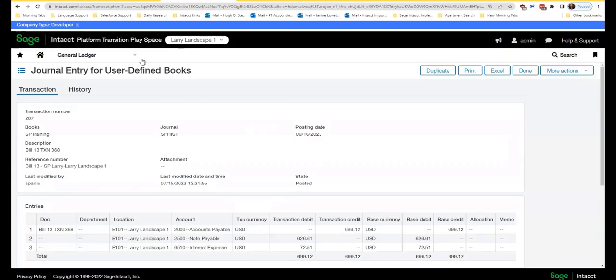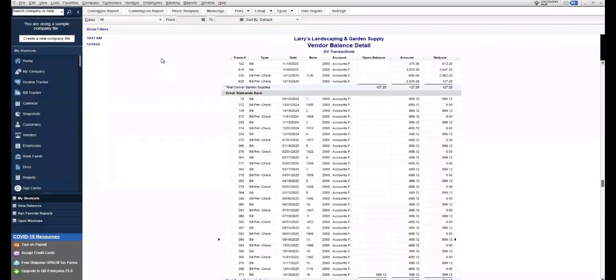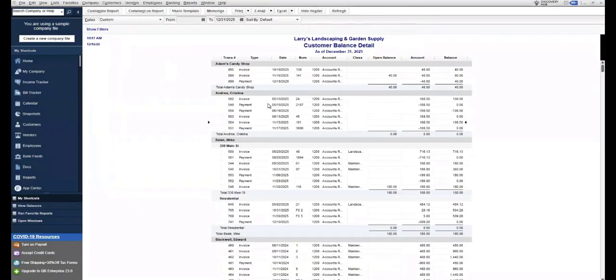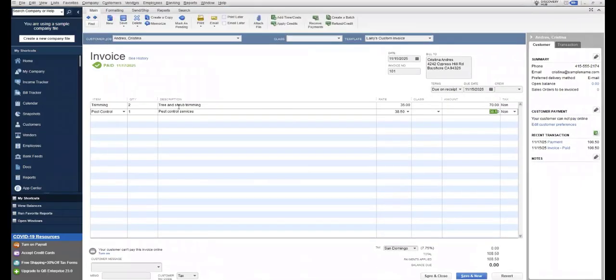So let's quickly go and look at the same for an invoice. So let's show you an invoice associated with a customer in this system. So we're going to be looking at invoice number 101 or transaction 504. So if we take a quick look there, you see that invoice belongs to Christina Andres. She has two lines. So we have trimming for $70 and we have pest control for $38.50 for a total invoice amount of